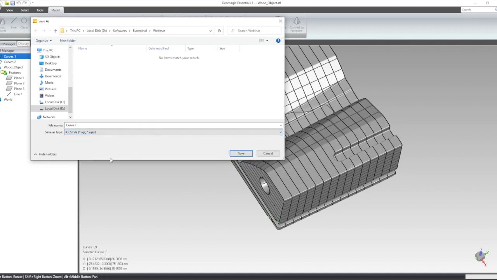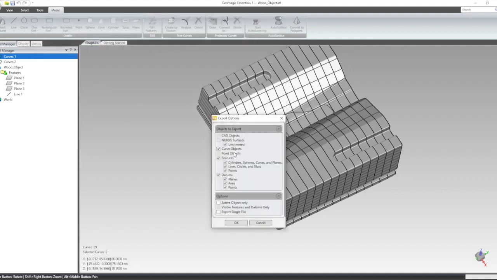Click on IGES format, save the curve, save. Here we can say export it in a single file, or otherwise we see all these curves we saw down, every one in a single file. So export in a single file, say OK,